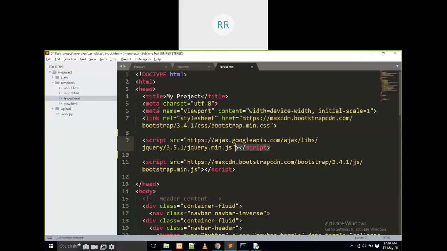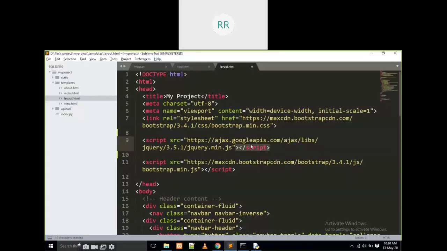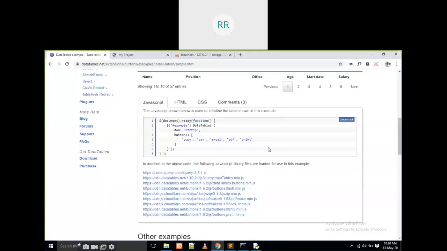If you observe here, all these are web links. We have to write these web links like this. First of all, we have to count how many there are: 1, 2, 3, 4, 5, 6, 7, 8, 9. Nine modules, nine packages are there.